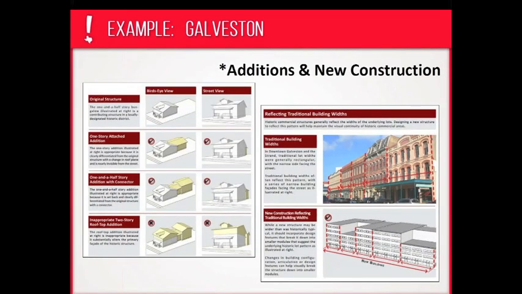In both the commercial and residential chapters, the Galveston standards cover additions and new constructions. This includes a discussion on the shape, massing, form, and size of the building. They also explain how the new building should align and relate to the surrounding context. For instance, for houses, the standards include diagrams on where the addition should be placed and how it should attach